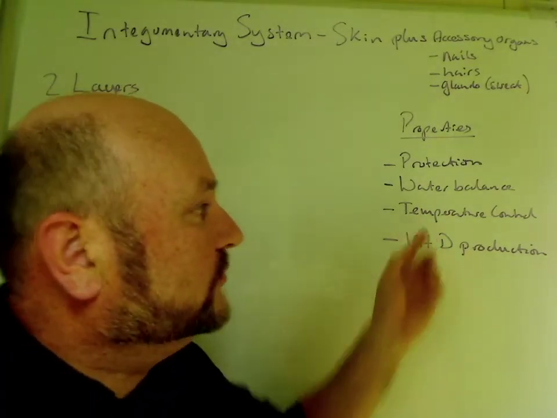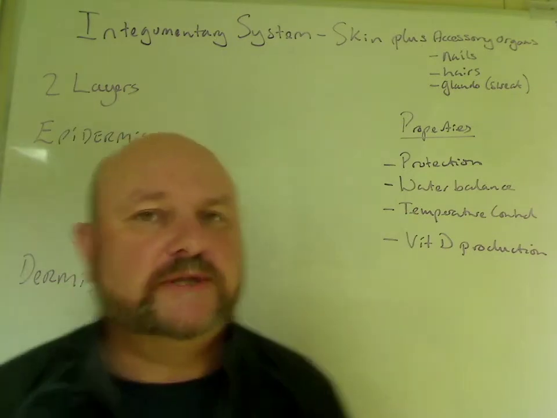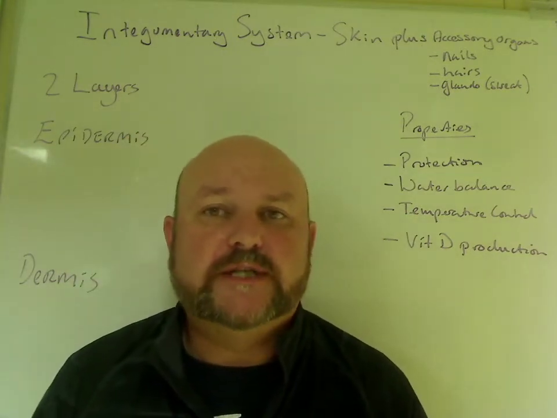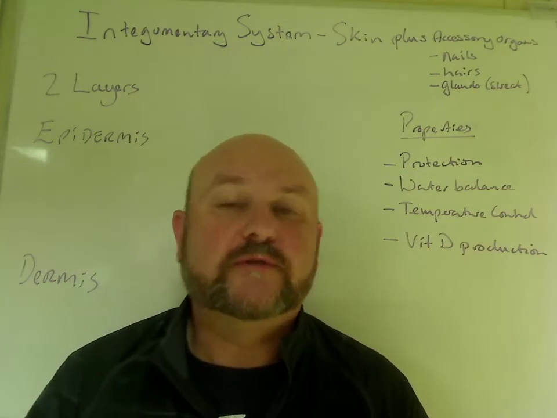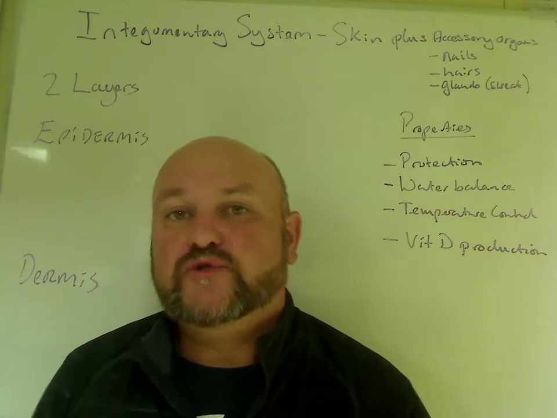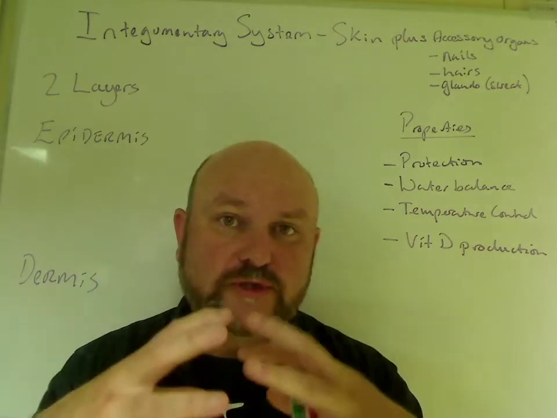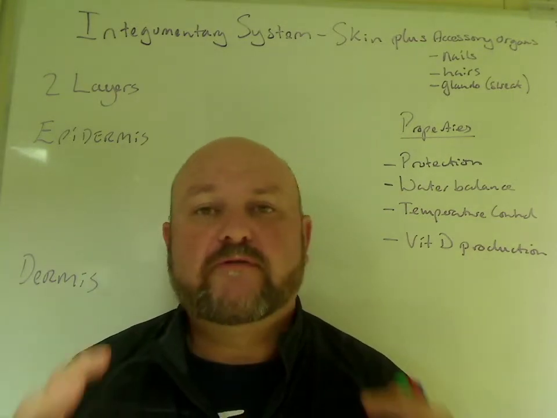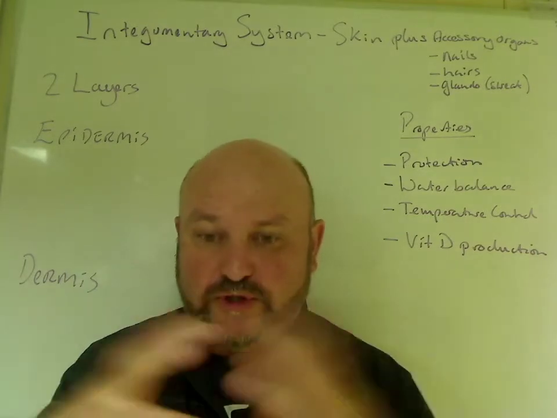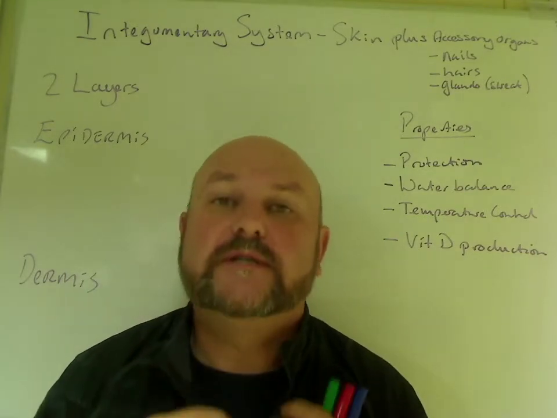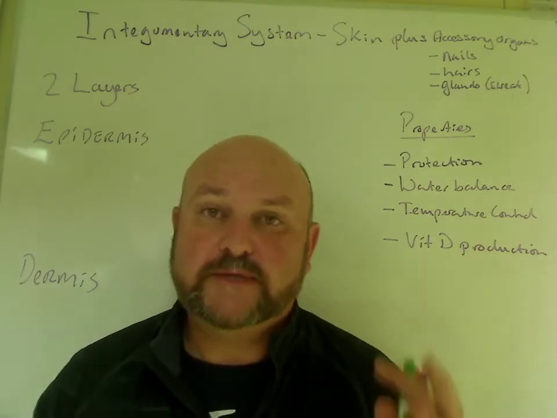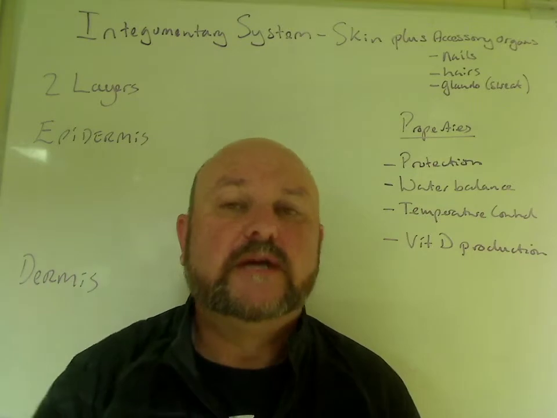Temperature control. This one shouldn't be too complicated. We know very quickly after starting exercise that we start to get hot and we start to sweat. This is because when we use energy to cause muscles to shorten, only about 40% of the energy that's released goes to the shortening of the muscle. The other 60% is actually released as heat in the muscle,